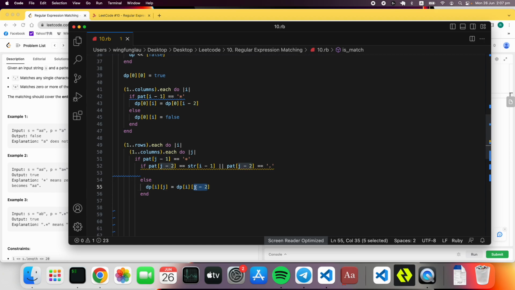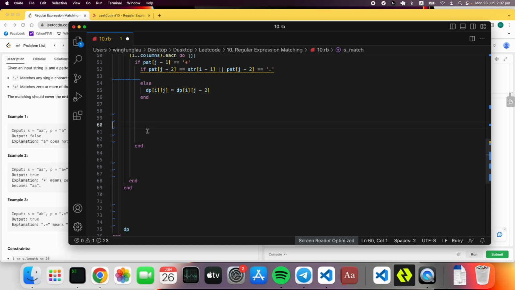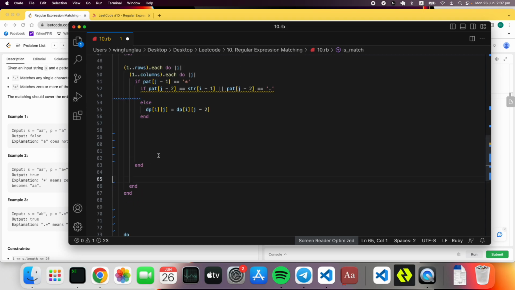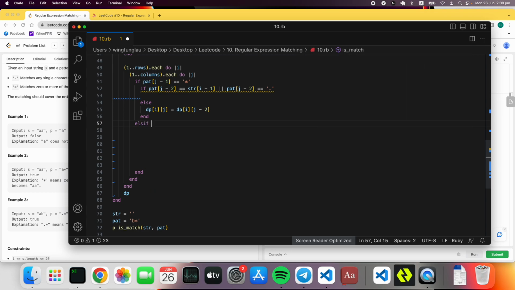J minus 2, J is the column. So this is only true because this is true. Else if